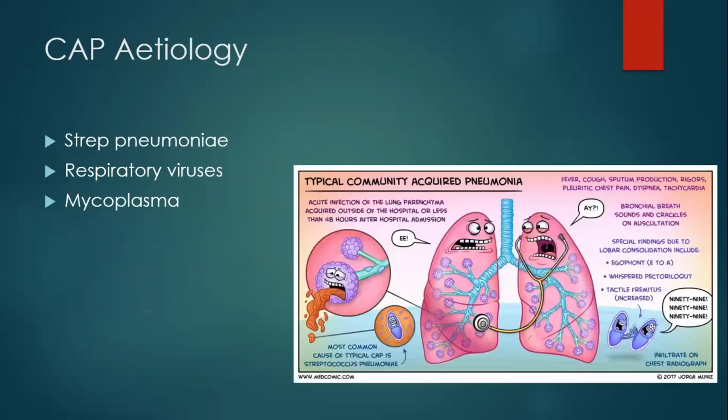So in our good old-fashioned community-acquired pneumonia, the organism we're most likely to see is Streptococcus pneumoniae. In more recent studies with better PCR testing, we're becoming aware that in some studies, up to 50% of pneumonia cases are secondary to viruses. So something to take into consideration. And then obviously Mycoplasma and even Legionella, though to a certain extent, we do not see a lot of that in our practice.